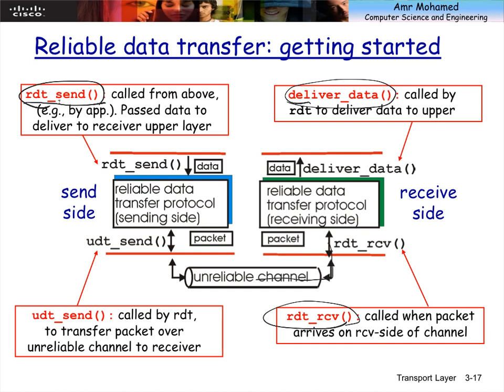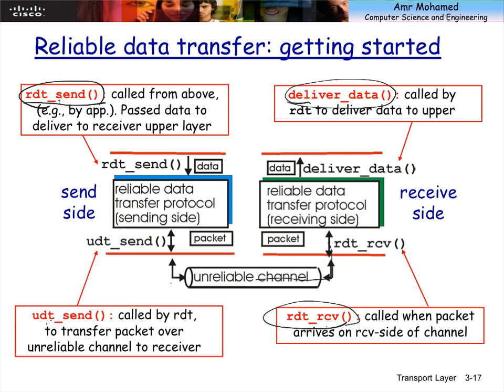So send will correspond to reliable data transfer receive, and then because the channel is unreliable, we may want to send some confirmation in the form of an acknowledgement, which will be triggered by the unreliable data transfer send, but this is from the lower layer. It's coming as an entry from the network layer. Then the transport layer will receive this, recognize that this is an acknowledgement, and check whether this acknowledgement is for data that I sent. If they match, then everything is good, and I need to move to the next segment.